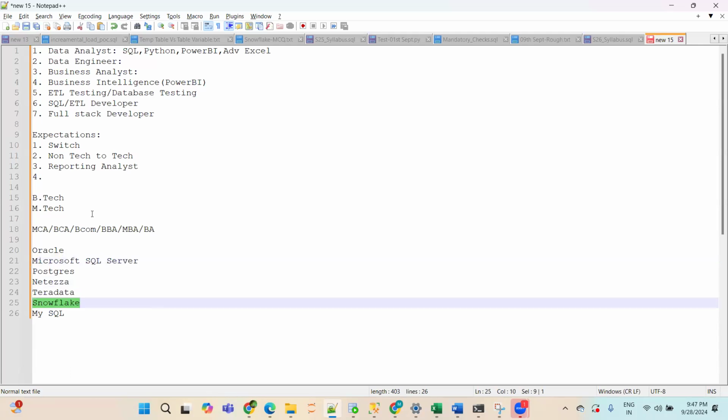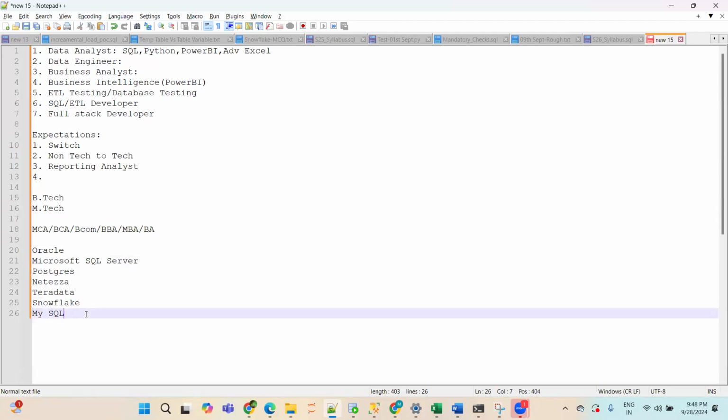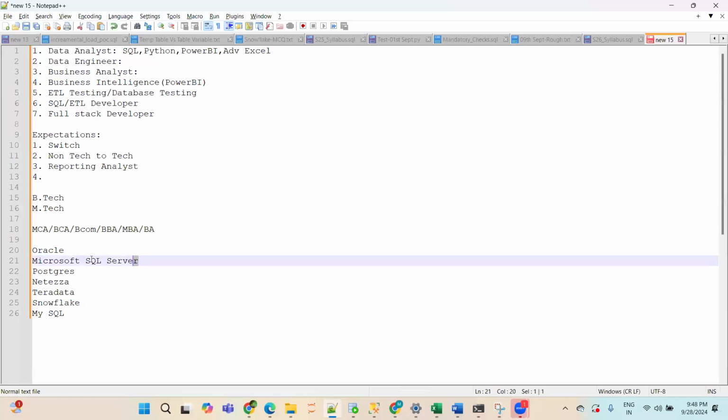Listen carefully. I'll be teaching you generic SQL. It's like if you know how to drive a car, you can drive a car of any company, right? You can drive a Tata, Hyundai, Maruti, Volkswagen, or BMW, whatever it may be. Similarly, if you know the SQL language, if you know how to write queries, irrespective of the database on which I'll be teaching you, you can write that query on any database. But during this course, I'll be teaching you on Oracle and Microsoft SQL Server.